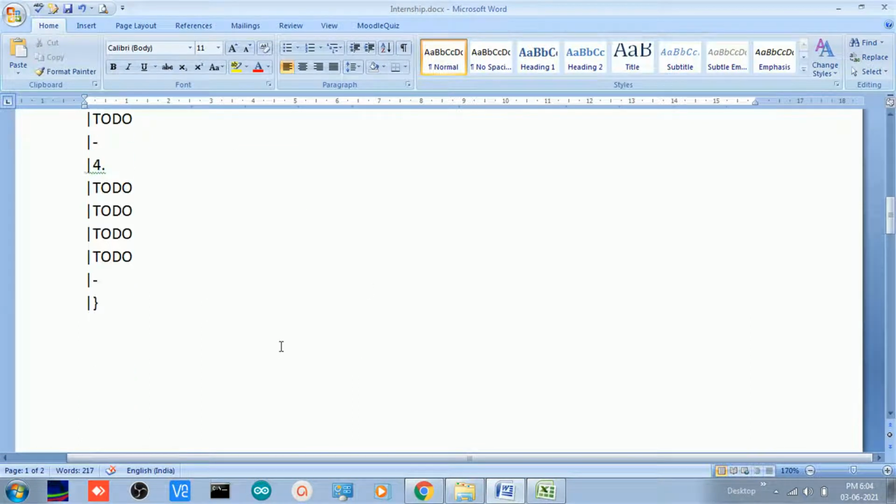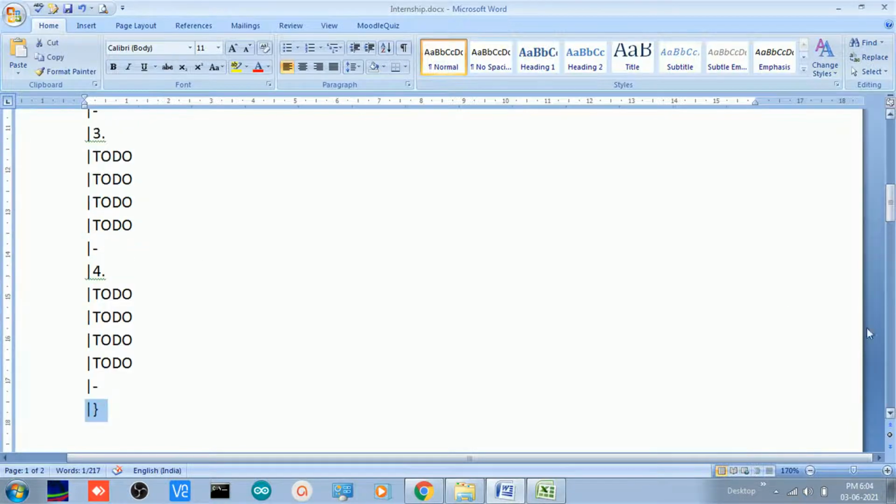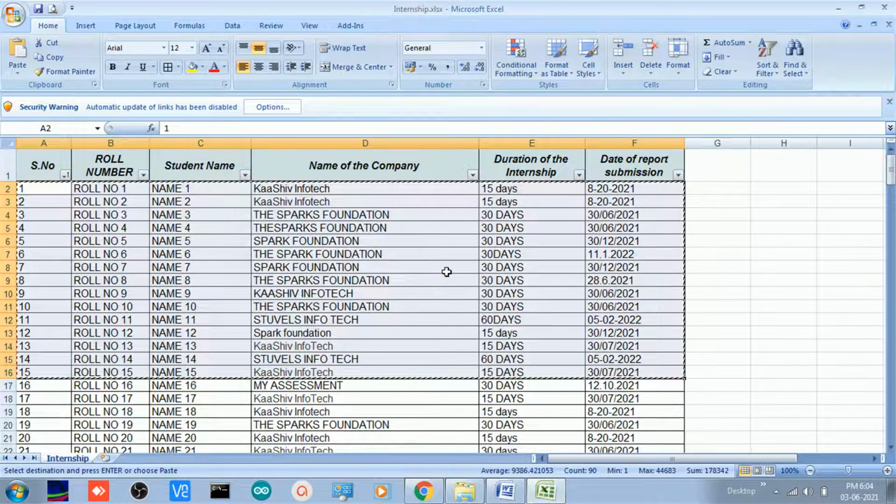So this is our actual requirement. Until this vertical line and the close bracket, we have to edit everything. So all these columns we have to edit. This is the toughest job. So instead I will tell you a shortcut method.